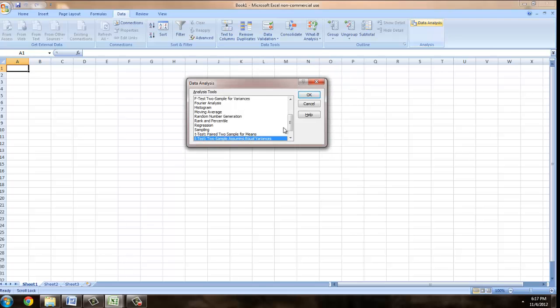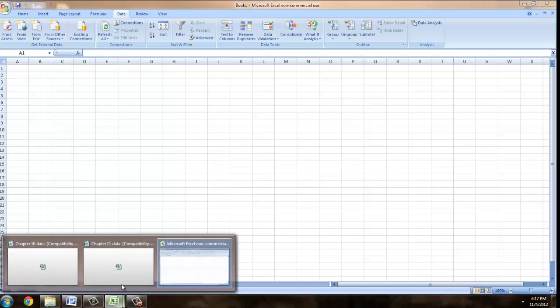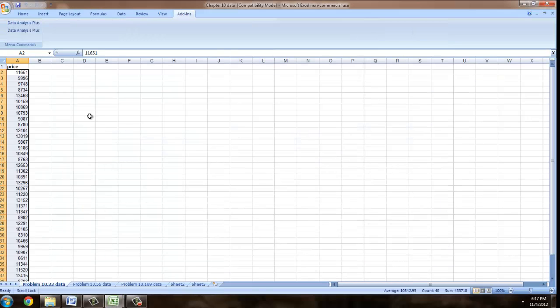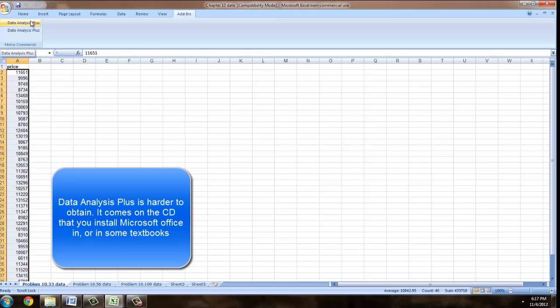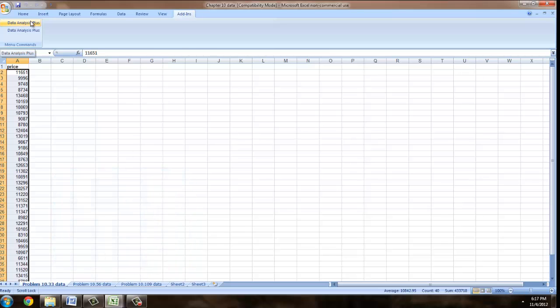Now, the other tool we would use is called Data Analysis Plus. Data Analysis Plus. And this is not as easy to obtain as Data Analysis. However, it does come included in the CD if you buy Microsoft Office. So it would be an add-in into Excel if you bought the CD. I'm not too sure about the downloaded version online, but I do know it comes with a CD, and also textbooks that include statistics or work on statistics sometimes have a CD that has a Data Analysis Plus add-in included